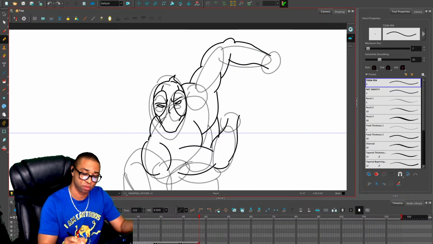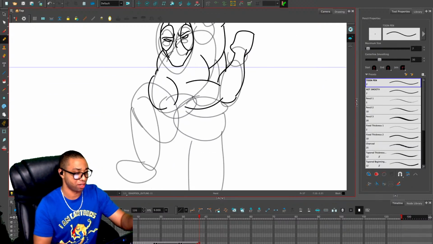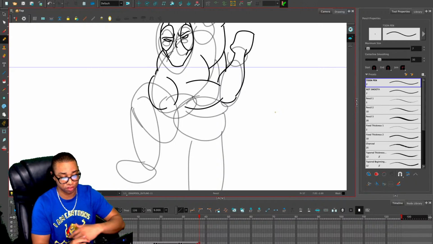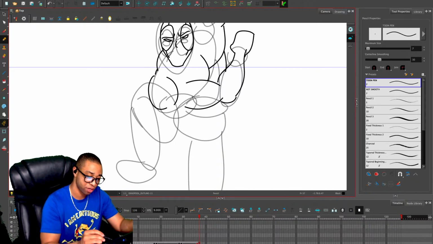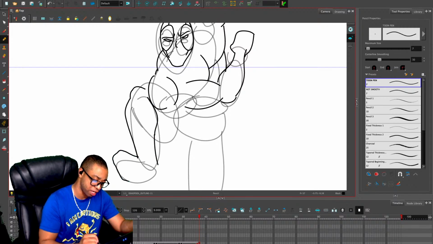But after saying all that, I will say I live by Toon Boom, man. As you can see, it is for someone that illustrates and draws right out. Like, I was an illustrator before I was a graphic designer, and then I became a graphic designer, and obviously I'm animating now. And I live by this. I love it. Even in Photoshop, I used to draw in Photoshop a lot. And the problem with Photoshop was that